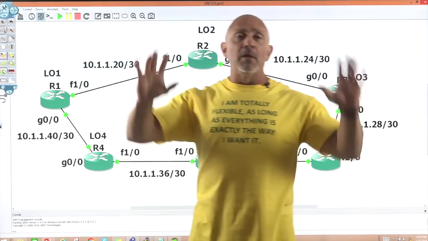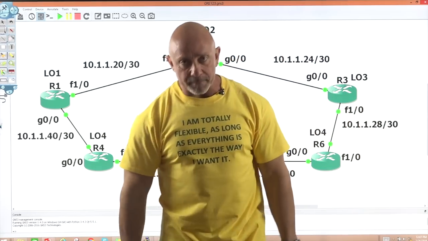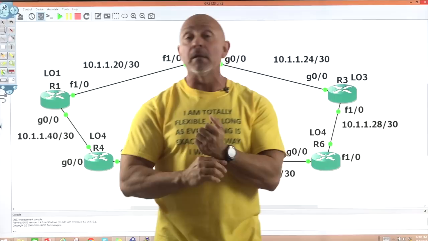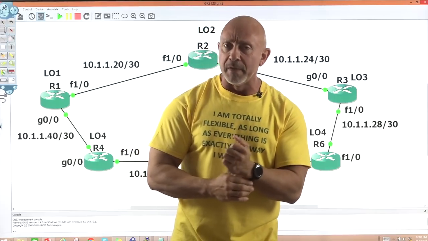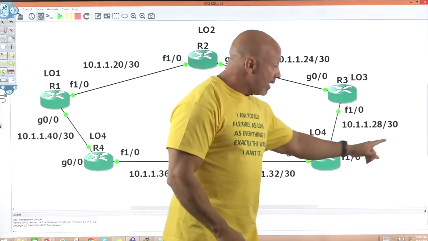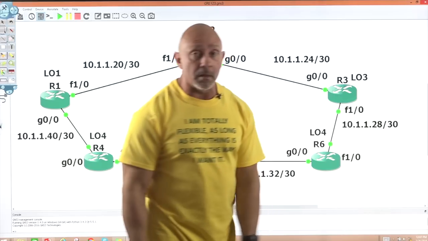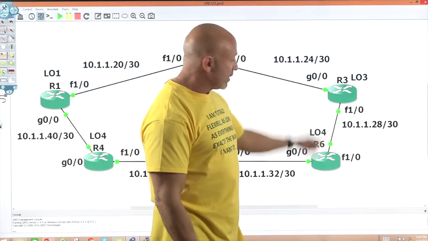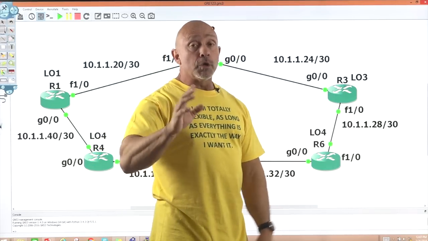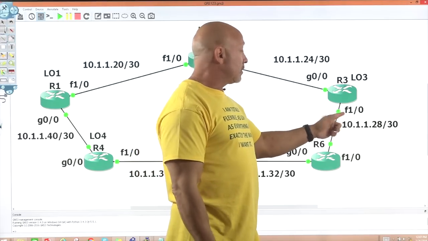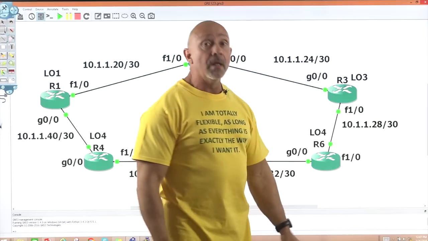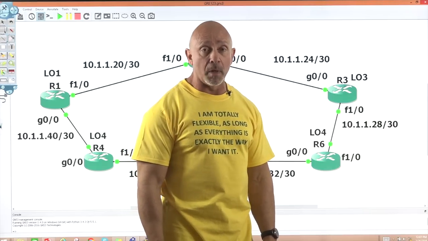Now, I want to interject something real quick. At this level of the game, those of you that are watching this particular video, or even some of my older videos, I only put the network address. This is a network that's in between two routers. You should know that this could be 29 and this 30, or this 29 and this 30. You should know how to subnet at this point in the game.